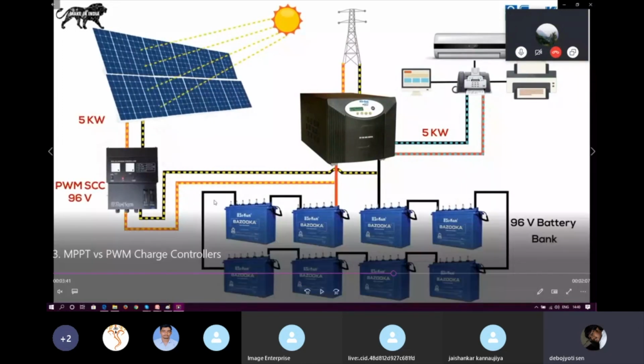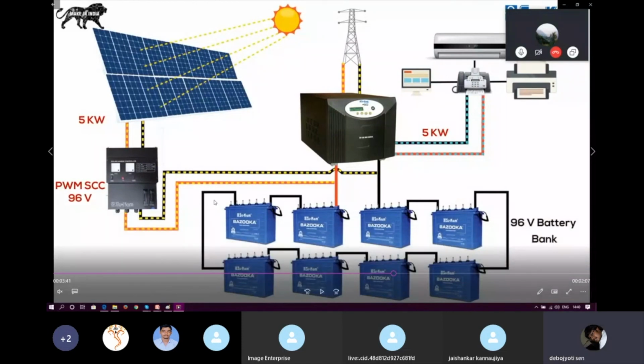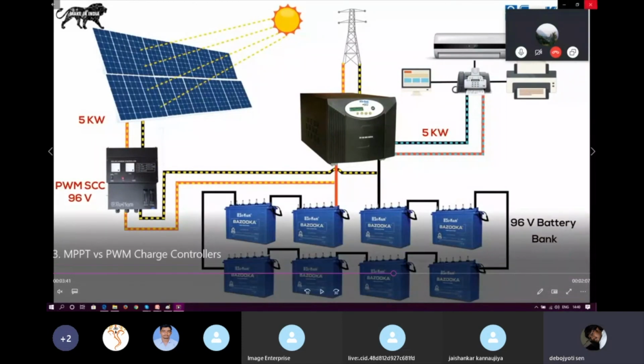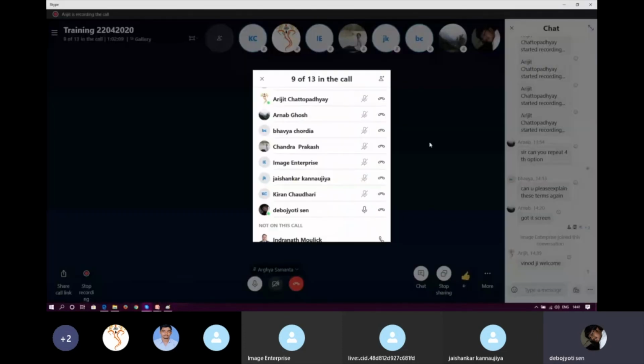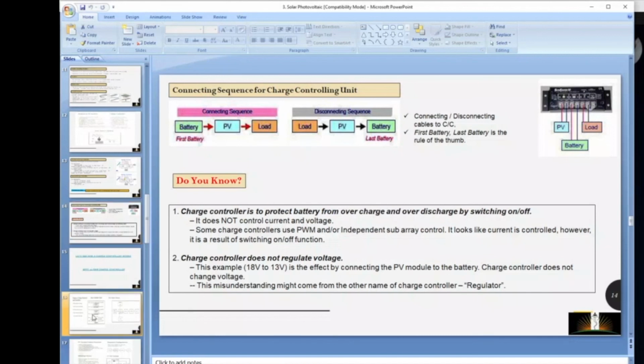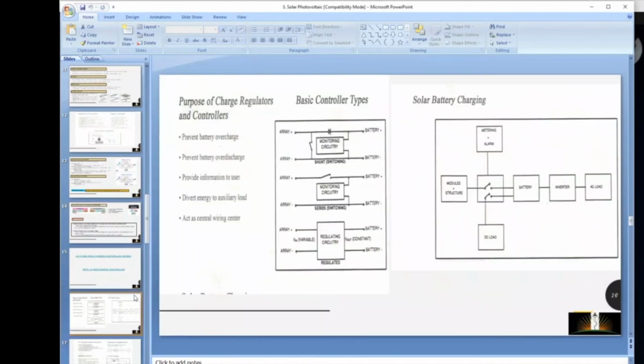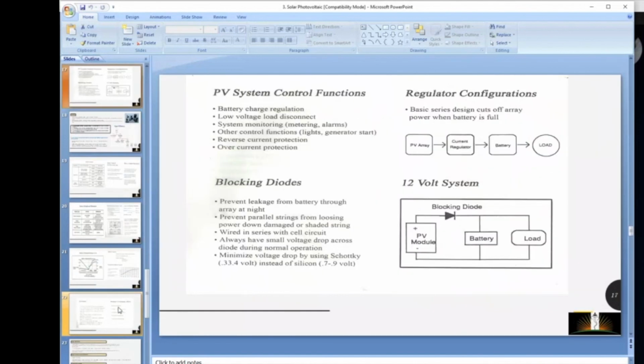Fine. So from here we can see that an MPPT type charge controller charges a battery efficiently. We have discussed, just to be precise, what the work of a charge controller is. A charge controller ensures that the battery is not getting damaged due to voltage fluctuation from the solar panel, and it also ensures that it doesn't get discharged to the panel at night time.